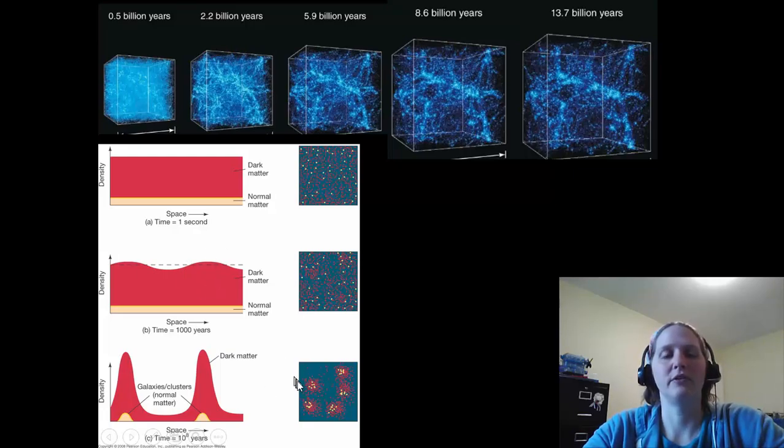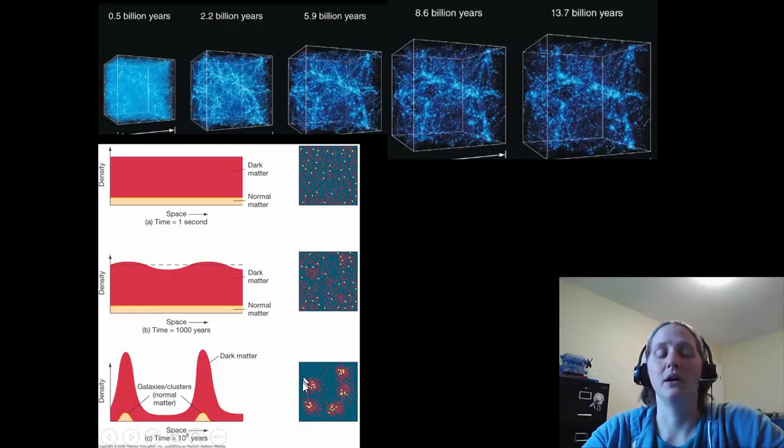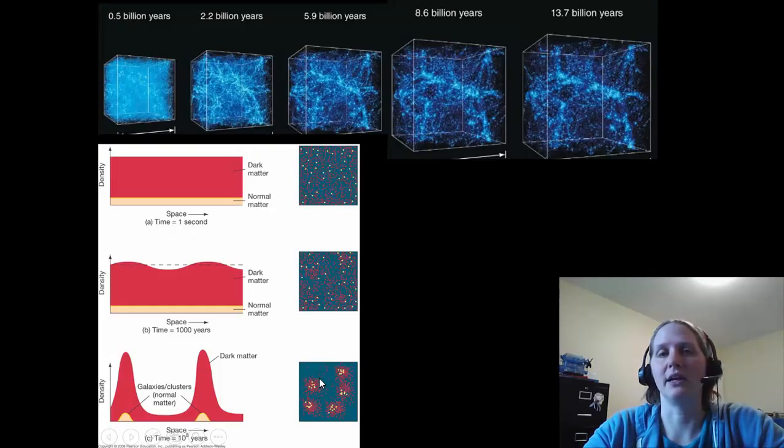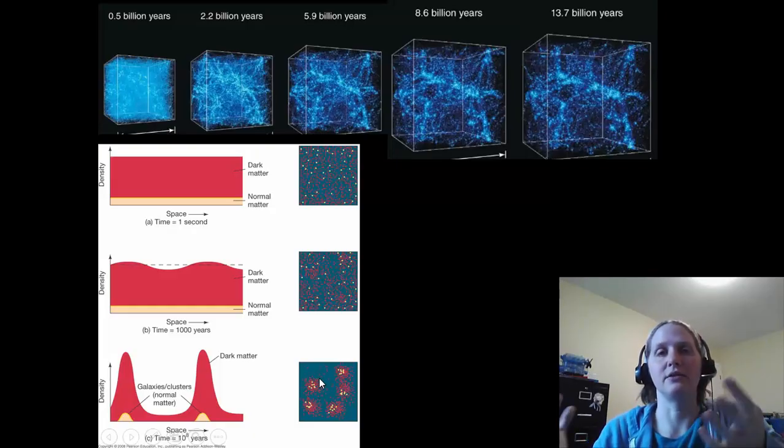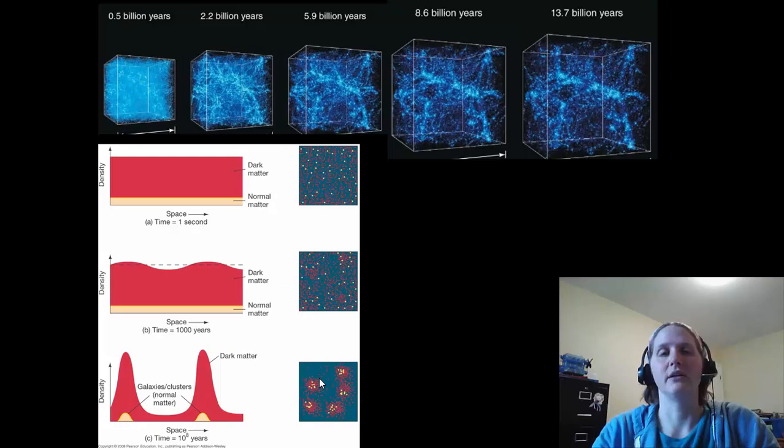So you go further into the future, and the dark matter gravity is going to continue to gather up the dark matter. And once the normal matter cools off enough, it's going to be able to collapse and form galaxies using the gravity of the dark matter. And the reason why all of the yellow dots here are at the center of the dark matter halos is because the normal matter can radiate light and cool off. That allows it to collapse much denser towards the center.